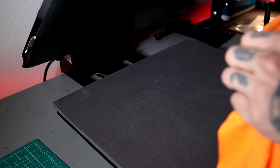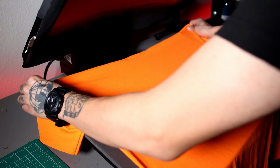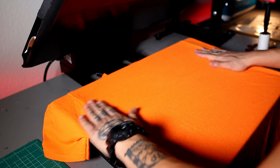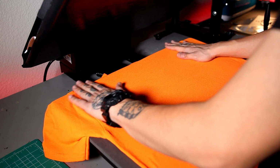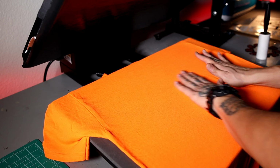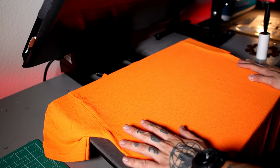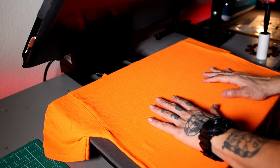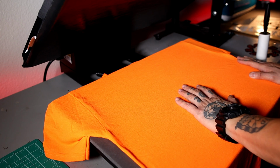So for this video, since I'm doing 2 presses of puff print, I'm going to keep it at 280 degrees. And I'm going to press the first layer for about 6 seconds. And then I'm going to press the second layer for about 8 to 10 seconds. And then we'll see what it looks like from there. But that's the method that I use when I'm doing two presses of puff print, just to protect the puff on both the layers. If this was a one color puff print design, I would probably do